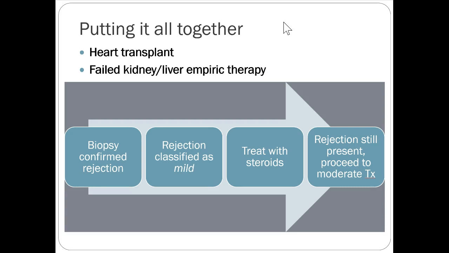So in this case, if you're suspecting rejection, you do a biopsy to confirm that there's some cell death going on. Rejection is classified as mild. So again, this is not my expertise. Pathology would say this is mild rejection or moderate to severe rejection. If the rejection is mild, you're going to treat with a burst of steroids. So you're usually going to give IV methylprednisolone, dosing, again, dependent on institutional policies. If that doesn't help suppress the immune system enough to prevent rejection, you're going to proceed to the moderate treatment algorithm,